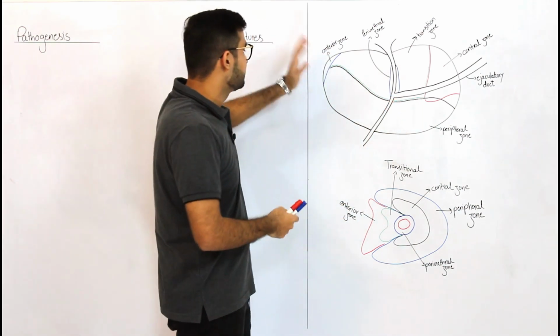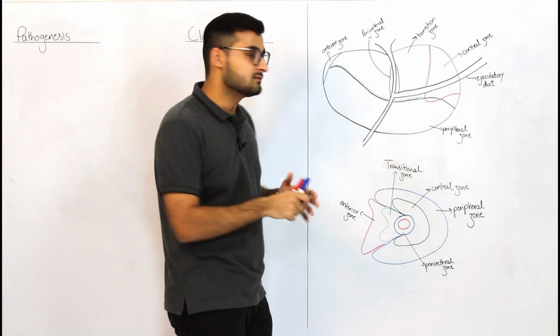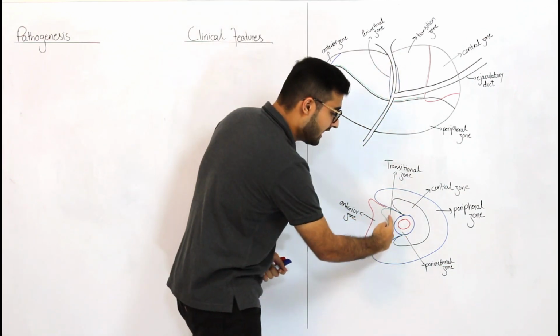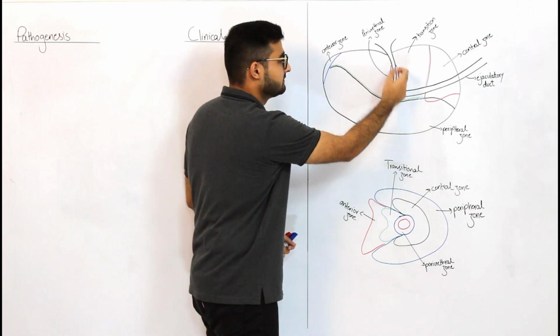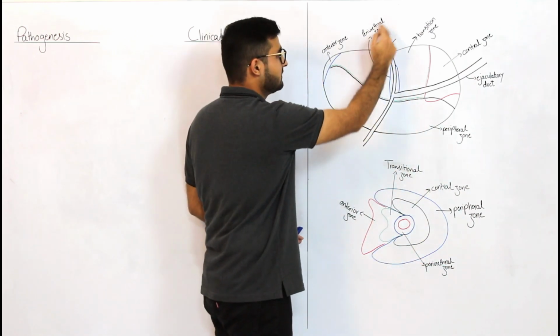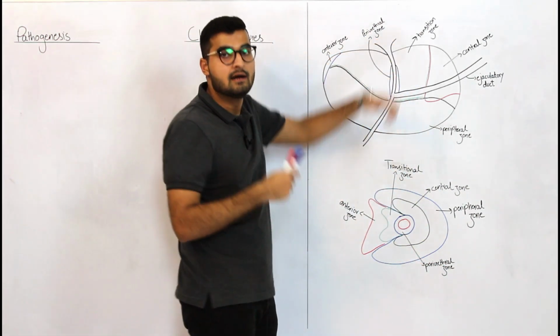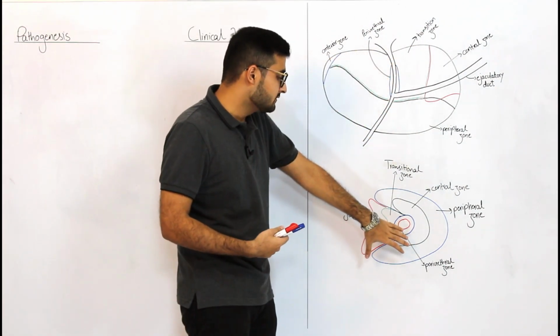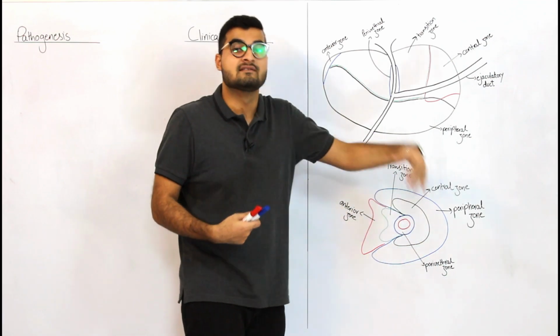So let's look at these similar zones in a view like this and see where these different zones lie. Starting from the easiest zones, if this is your urethra, just outside your urethra, what will you have? You will have your periurethral zone. Now after that, what did I mention? In front of your periurethral zone, what do you have? You have the transitional zone.